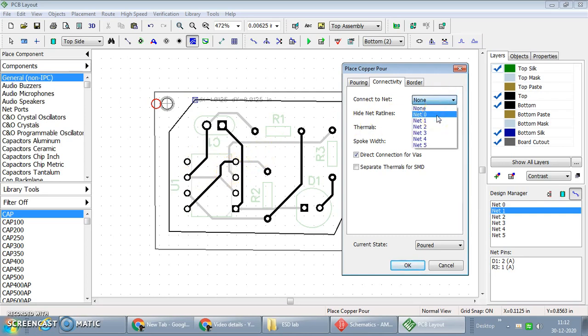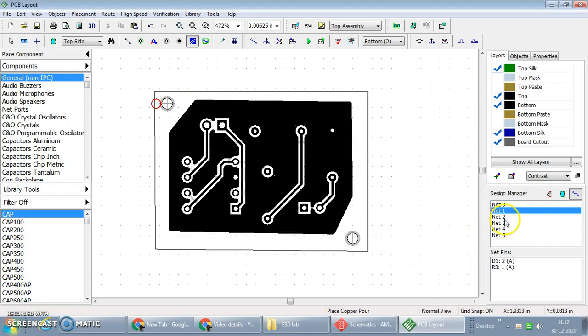Net 0: the current status is that it will pour the material onto these tracks. If you click here one by one, it will show the tracks. Recently we poured onto net 0, then net 1, net 2, net 3, net 4 and net 5. We will be pouring the copper material onto these tracks.